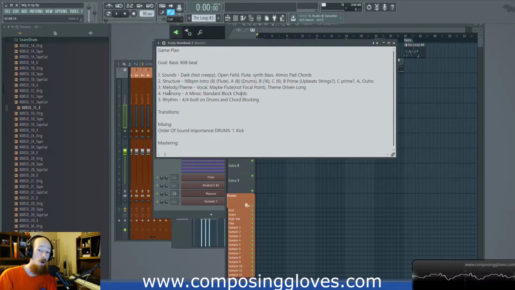Then I said, okay, harmony. What do I want to do with the harmony? We remembered that this harmony is specifically referring to the way we reveal the key to the listener. Do I want to be ambiguous about it or not? What key do I want to work in? I'm going to work in A minor. That sounds like a good enough key. If you don't know scales, you can just pick a set of notes and literally just write them out. That way, first off, this will just help you music theory wise a lot. But when you come back in here, you can make these changes. You're just being made conscious of what it is you're doing harmonically.